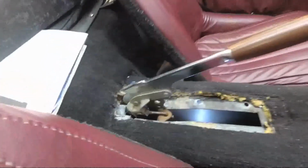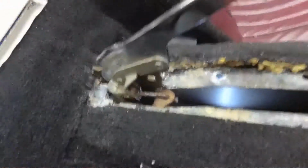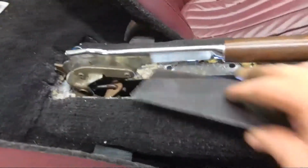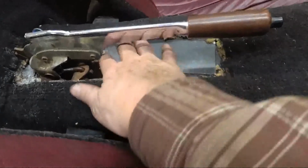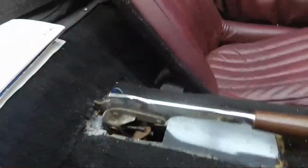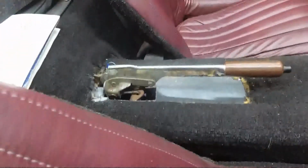So it's not going to go anywhere. It's not going to fall off. I've got a little bit of adjustment available there, and seriously, it looks like it's going to work. Made myself a little plate here to fill in the opening, so it's not quite so big. And yeah, I'll just seam sealer that down or something there. We're going to call that a win,